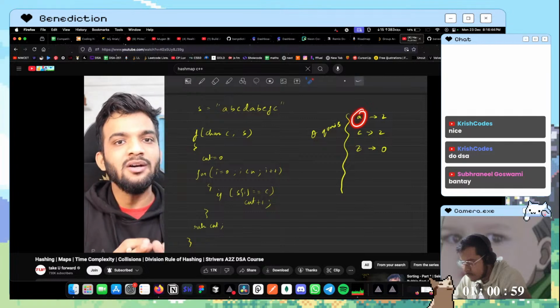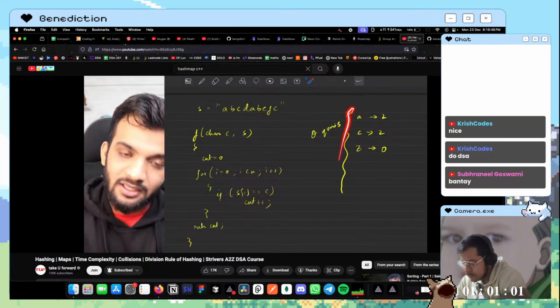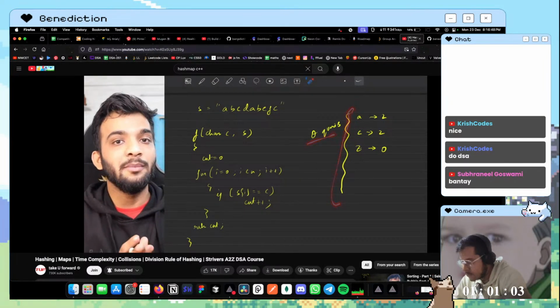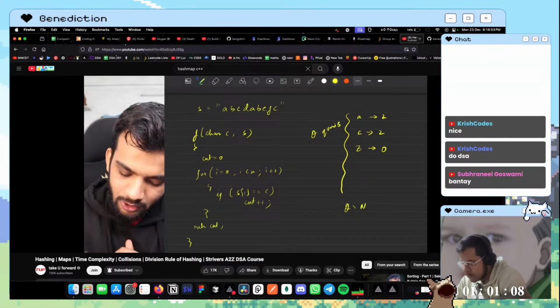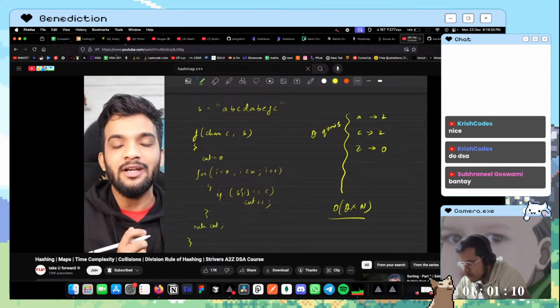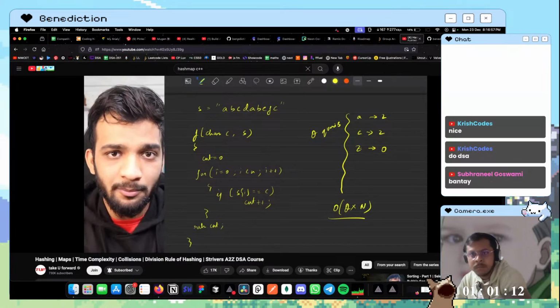For every character, you go ahead. Again, if you do the similar thing for Q queries, how much time will you end up taking? For every query, you are taking n. So for Q queries, you'll be taking big O of Q into n time, similar to the previous problem. So the question